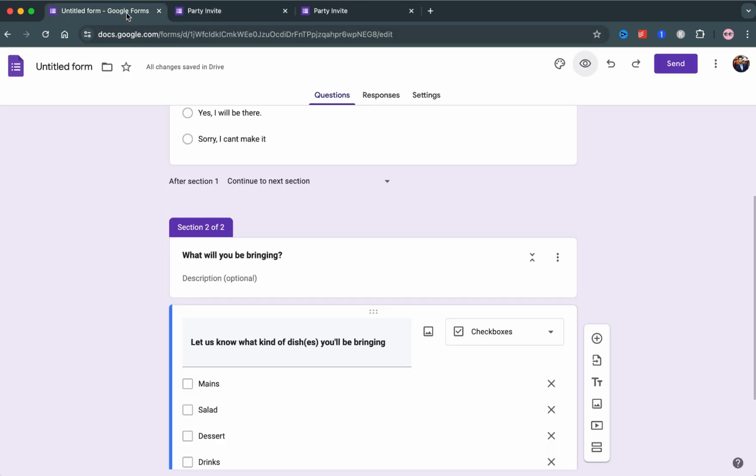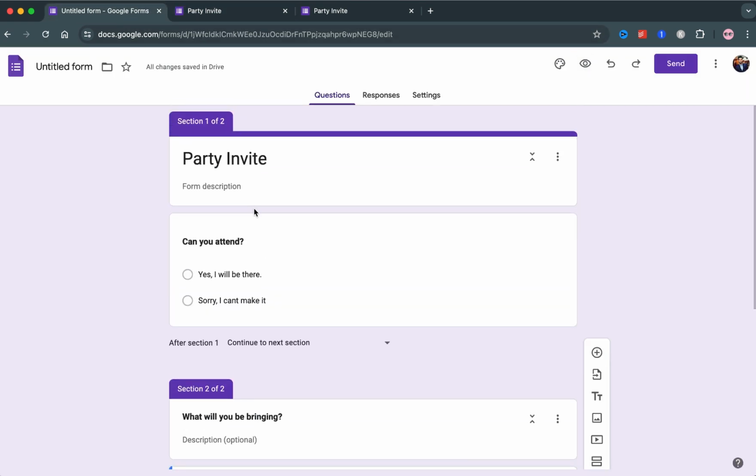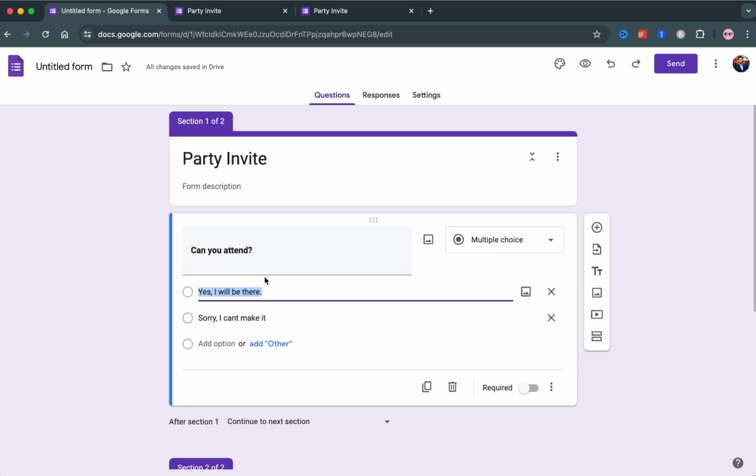Alright, let's go back. So this is the main part. Make sure to look carefully. So we're going to connect the main question and sub question into one thing. So I'm selecting yes, I'll be there, and selecting these three dots,